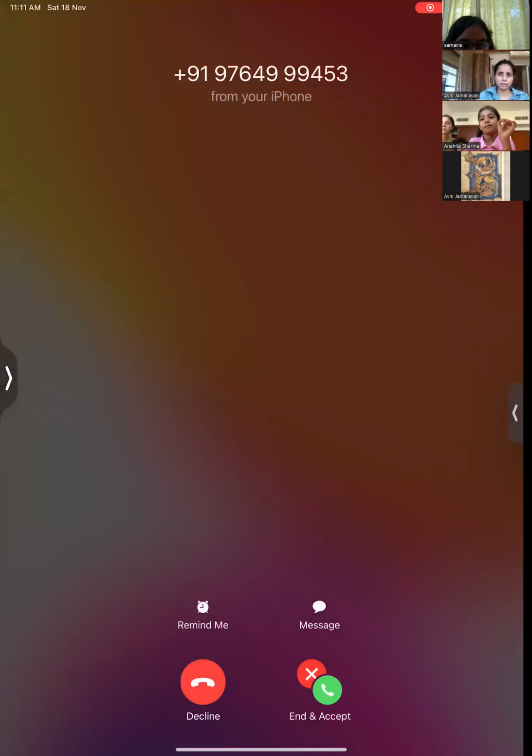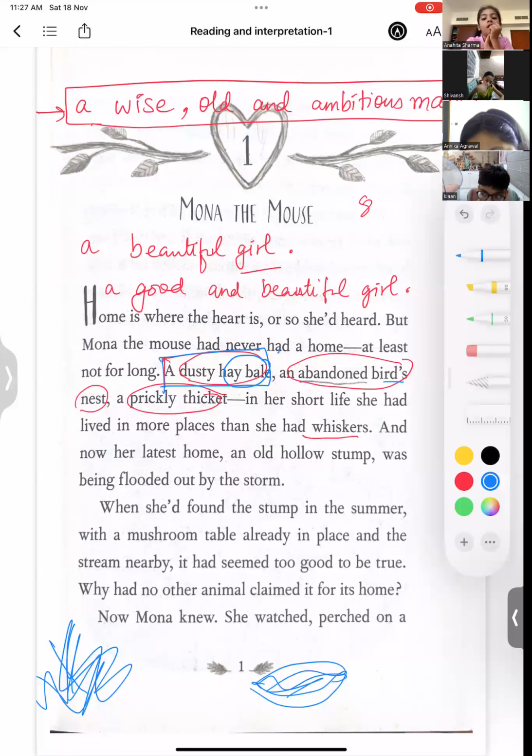Now the confusion here would be that when we see a word ending with ed or ing, I have taught you that it's going to be a verb, isn't it? If there is a word ending with ed, it's a verb. Agree or disagree? Children? Agree. But here, it is acting as an adjective. So there would be a lot of times where the rule would not work. Got it, children? Abandoned is an adjective over here.